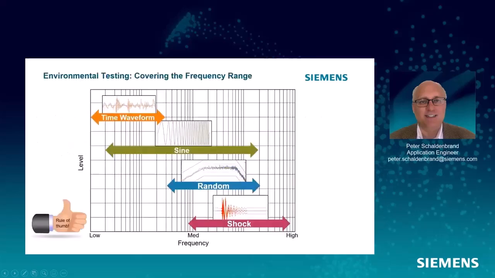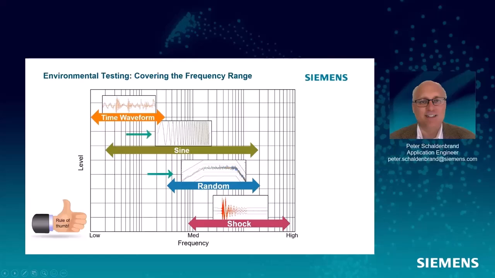So when we're designing these tests, they're for electrodynamic shakers or sometimes hydraulic shakers. And typically there are 4 types of tests. Well, 5 with combined modes. Time waveform, where we're replicating a time waveform, is generally done on hydraulic shakers, generally lower in frequency range. There's swept sine testing, random testing, and shock testing. And then there's also combined modes, where we combine random and sine testing: either random with fixed sine, swept sine, or random with fixed narrowband random or sweeping random.